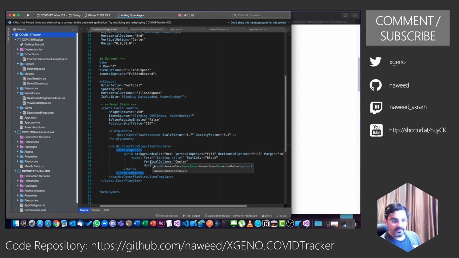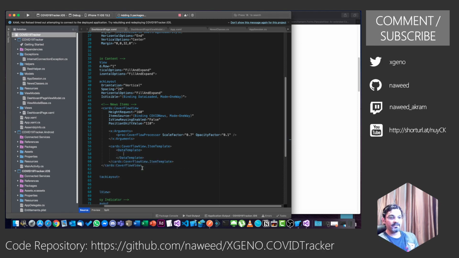So while this is adding, let us get rid of this grid and we will replace this with a pancake view with rounded corners. So same pancake, pancake view.